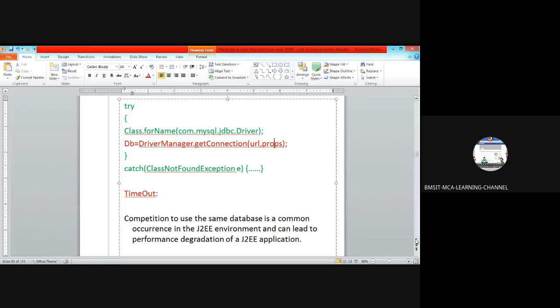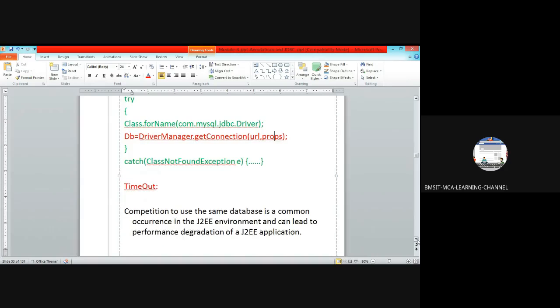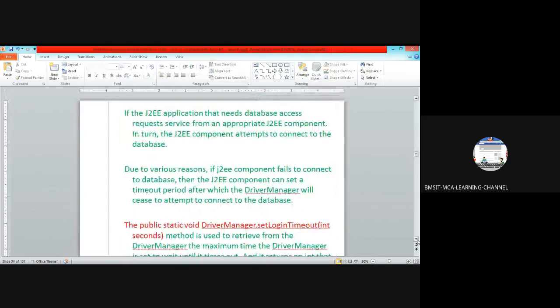So you must set a timeout, in case one user is unable to connect to the database for so many seconds or minutes. You need to specify the timeout option.